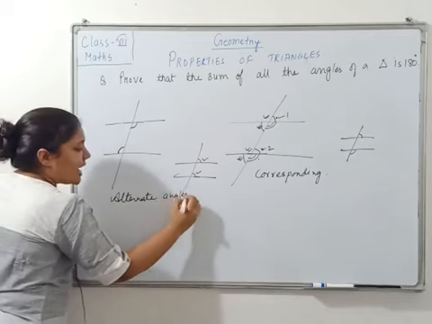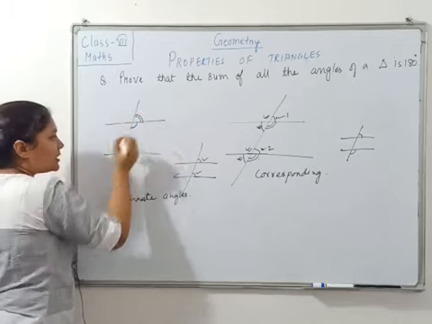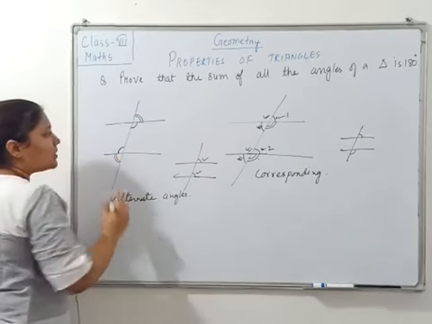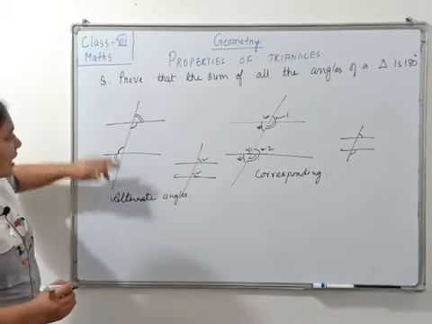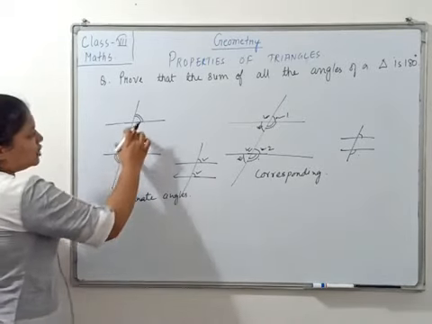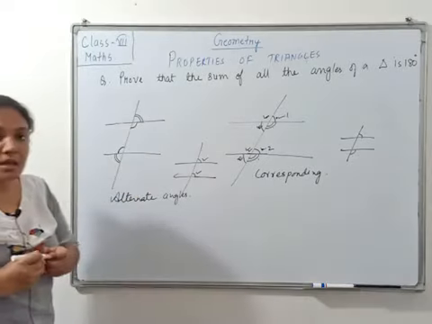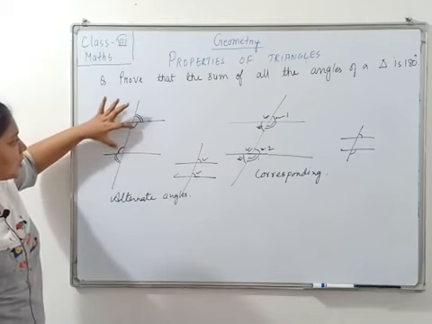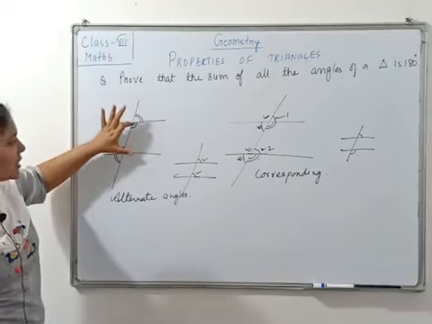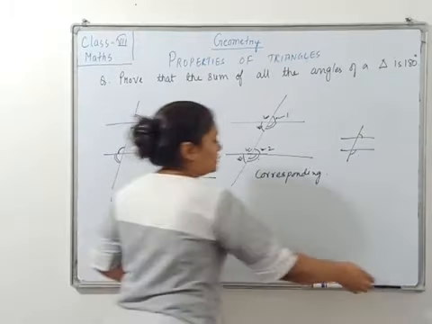If it is inside, they are interior, and if it is outside, if I say this angle is equal to this angle, they are also alternate angles. They are exterior. They are outside the line, so they are exterior. And these two angles are inside the line, they are interior. Interior alternate angles. Clear, students? But it should be on the opposite side, not like corresponding on the same side. Clear, students? I hope this is clear with you.